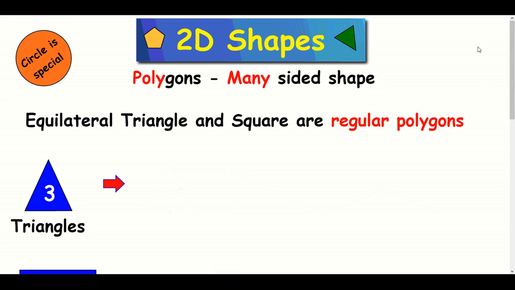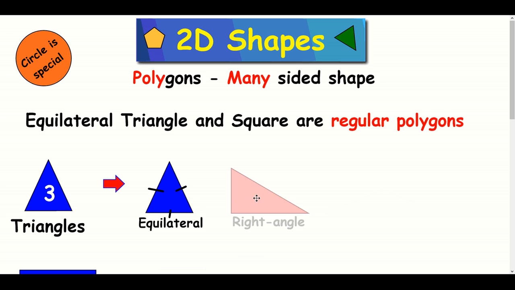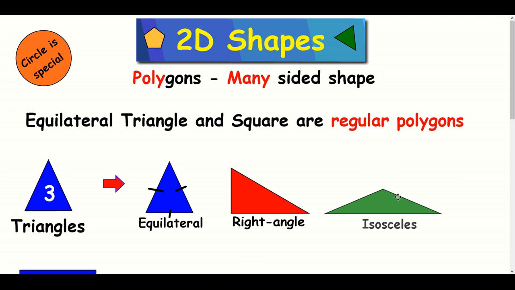Hi there, in this lesson we're going to look at 2D shapes and in particular polygons, which are just many-sided shapes. So the first polygon we're going to look at has three sides, which is called a triangle. There's different types of triangles, I'll name a few here: equilateral, all sides the same; right angle with a right angle in the corner; isosceles triangles get two sides the same, and you get scalene triangles that have got